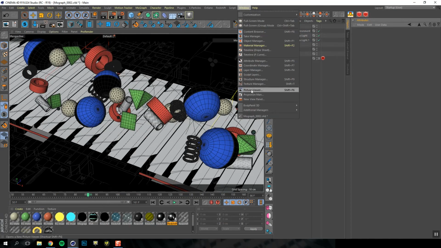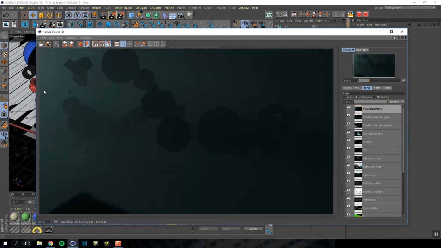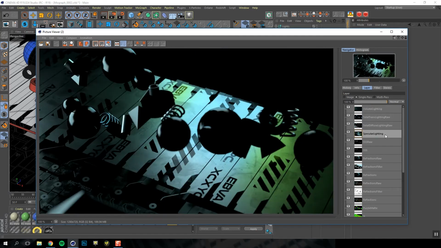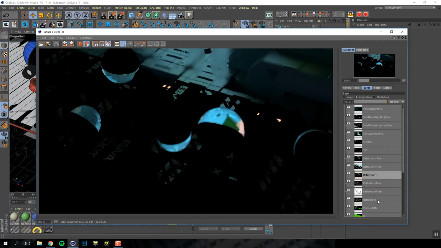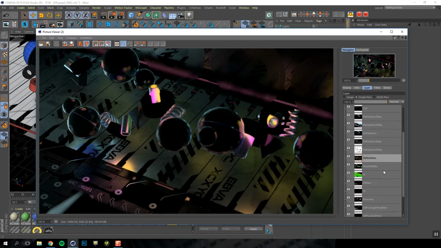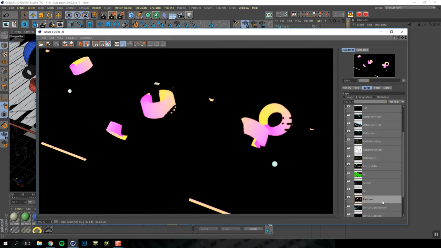And finally, under the picture viewer, here's the render. So you can see here we've got things like volume lighting. So this is casting volumetric light from one of the area lights over on the left here. We've got specular lighting, SSS, refractions, reflections. We've got a puzzle map, which is an ID, just an RGB map for some different objects in the scene. But I've also turned on reflect and refract IDs, so you actually get the matte also reflecting and refracting, which is quite useful. We've got GI, emission,